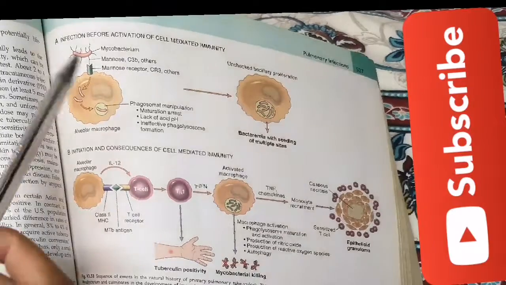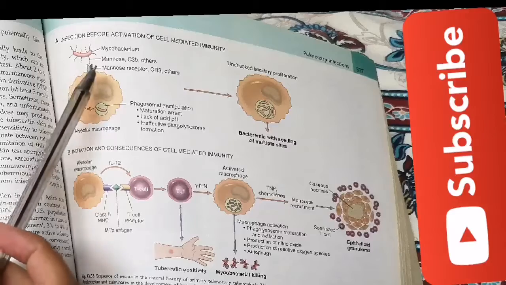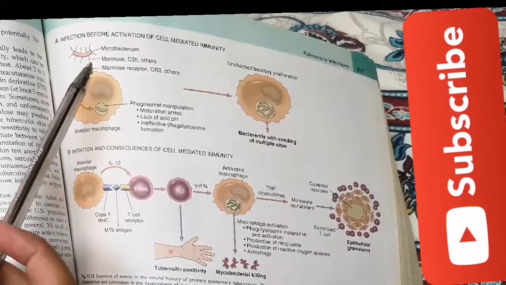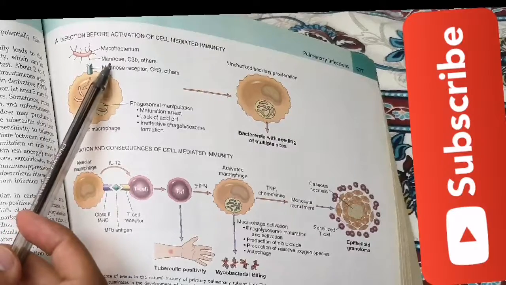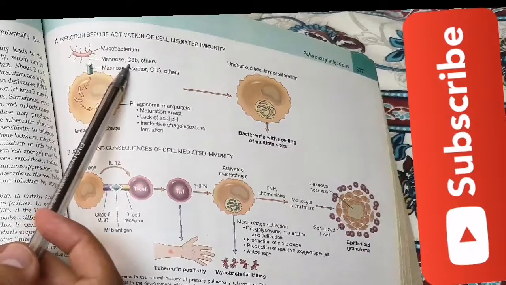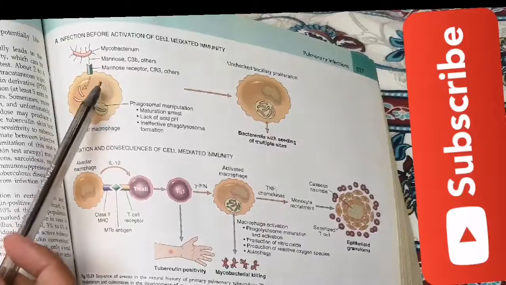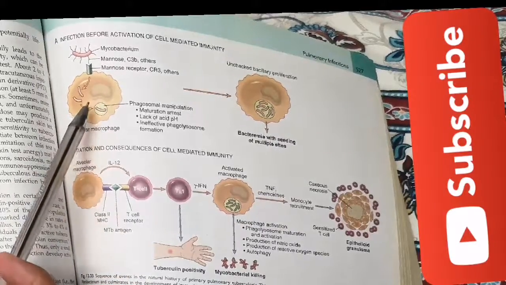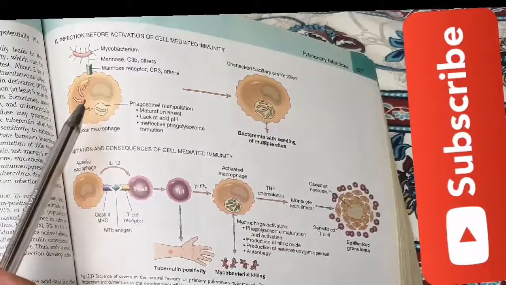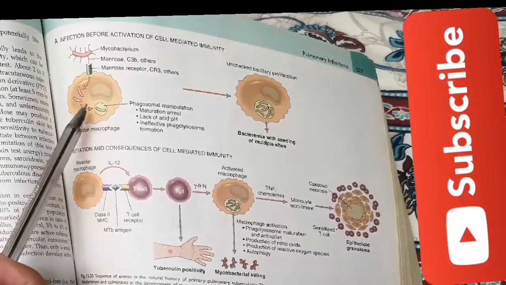When the entry of the bacilli occurs into the macrophages, then due to the presence of these receptors, mannose, C3b and others, mycobacterium enters into the macrophages. But into the